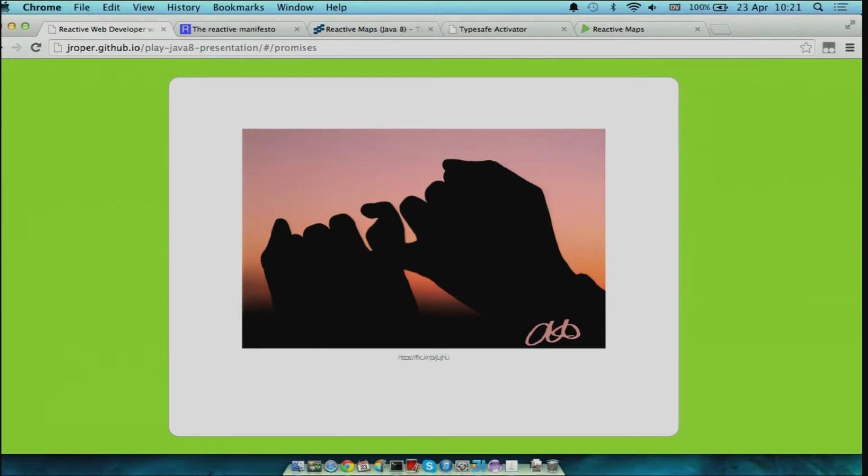One distinction that I have to make really clear here is the distinction between promise and future. Now, actually, the words can mean exactly the same thing. So a promise is a value that you're promising to make available in the future, and a future is a value that's going to be made available in the future.